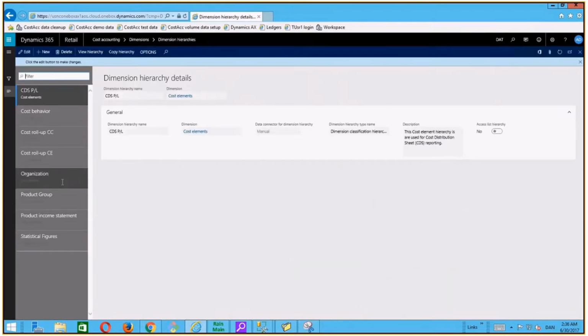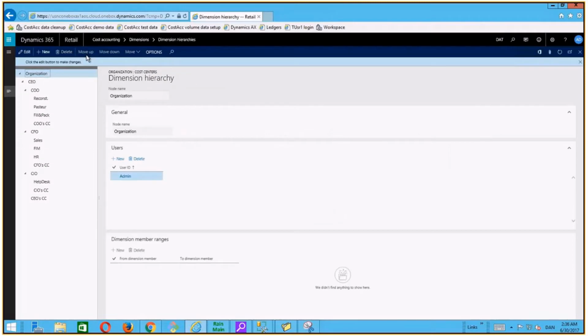And that is my organization hierarchy here. And the way the security is enabled is that I mark it as an access list hierarchy. And when I go to view hierarchies, we can see that the fast tab users gets enabled. And in this case, I want to say that Alicia is responsible for the financial level of my organization. And that level consists of two cost centers, 011 and 094. And I'm doing that by simply assigning Alicia as the user for this level of my organization hierarchy in the cost accounting module.